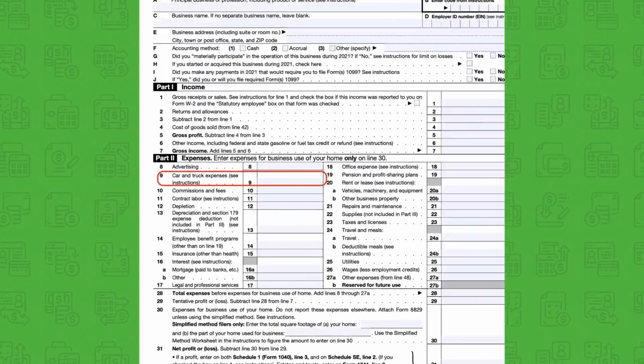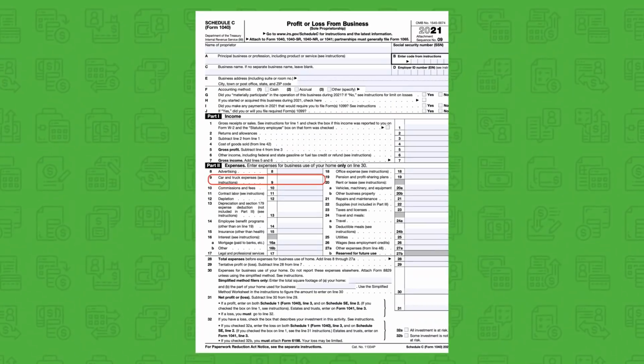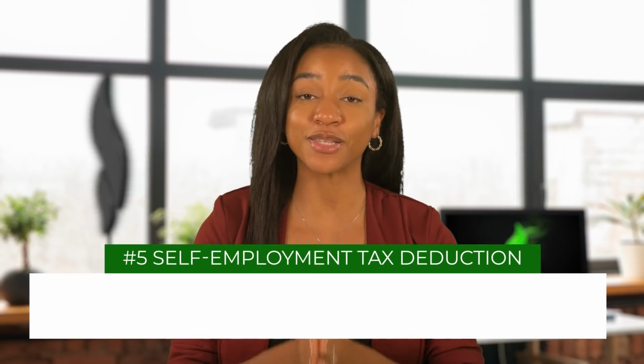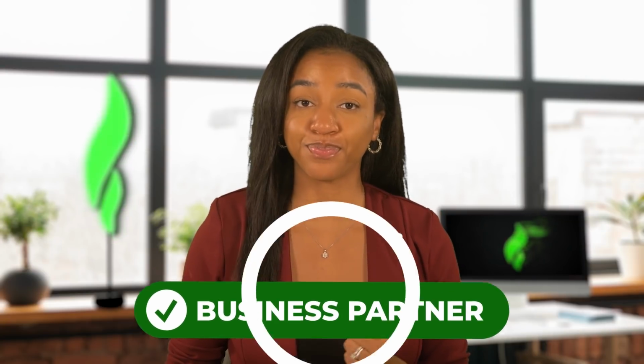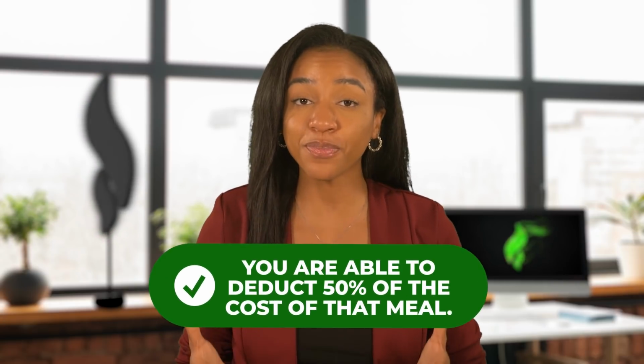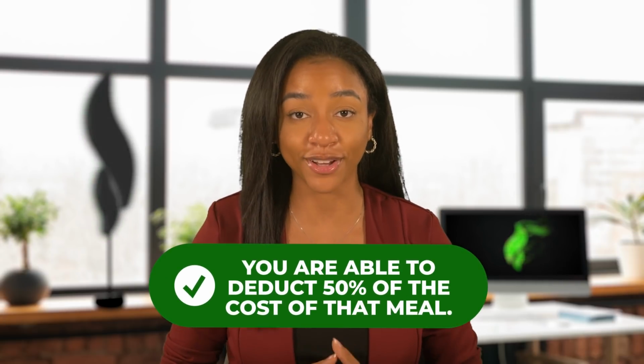Use Schedule C to report your vehicle expenses. The fifth self-employment tax deduction is business meals. This deduction used to go hand in hand with entertainment, but has since been separated into its own category. But basically, if you are talking business over a meal with a client, potential client, business partner, vendor, or employee, you are able to deduct 50% of the cost of that meal, as long as the meal is not considered